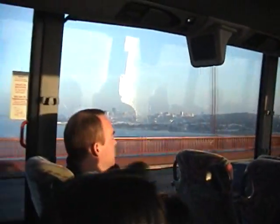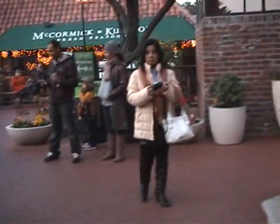Now the green area in front of you as we enter the city, well, that is the former military base called the Presidio, which began as a